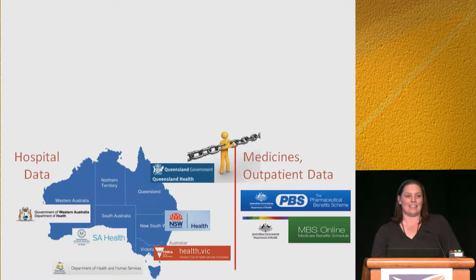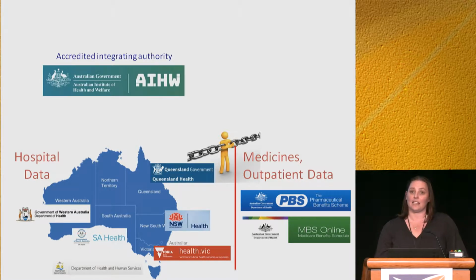And unfortunately, to get those two things to talk together, we have to implement linking. And it's usually probabilistic linking. We don't have a unique identifier in Australia. And again, you can see where the issue with that lies. So Australia has been trying, in the last little while, to really try to bring together all these data sets.